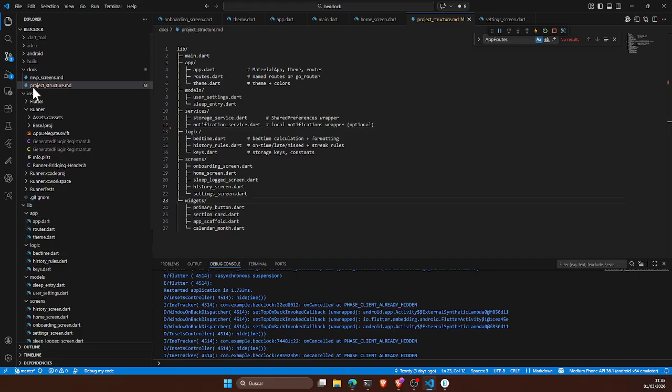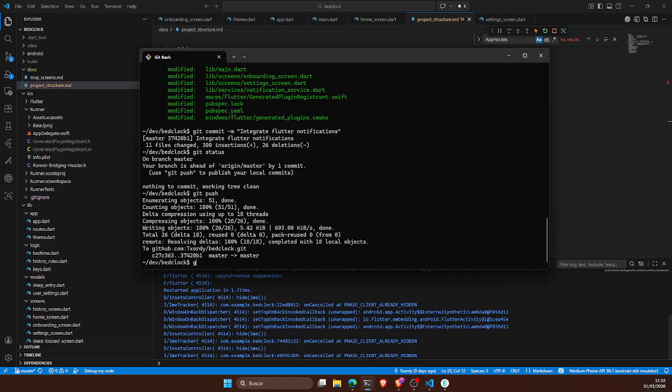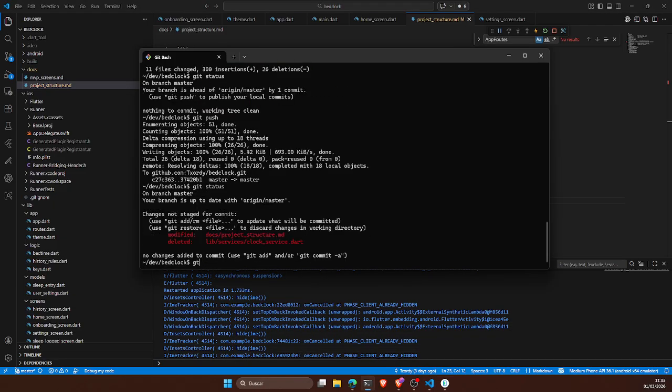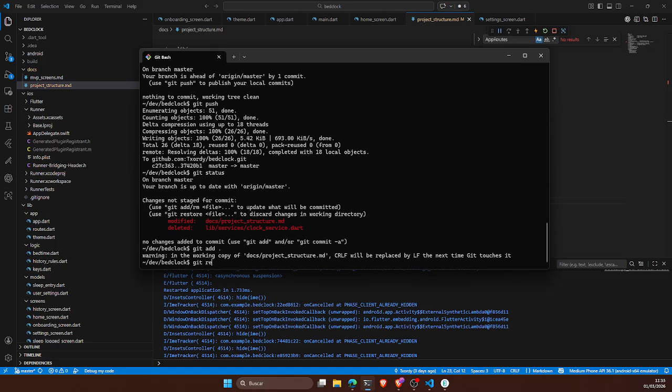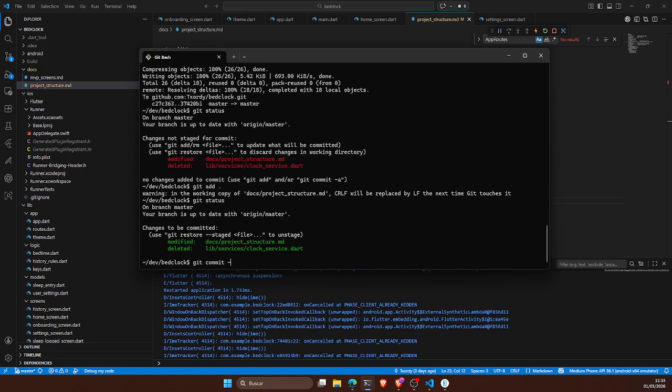Maybe the only thing I'll add is git status, git add, git status. We don't need all those git statuses, I'm just used to it and it helped me ensure that everything we are pushing is what I want to push or commit. So remove unnecessary clock service,